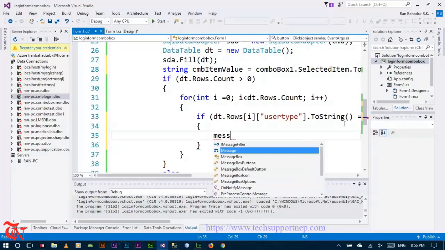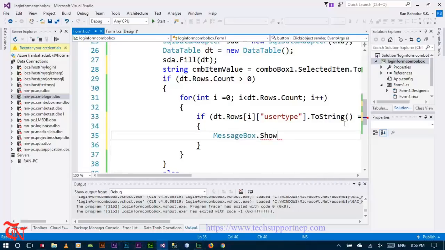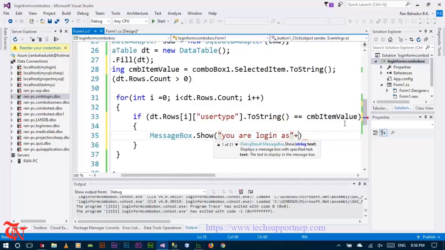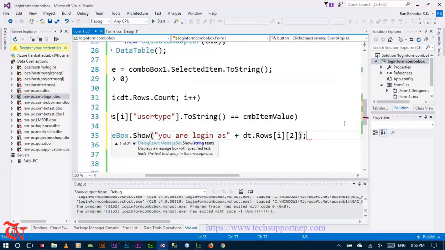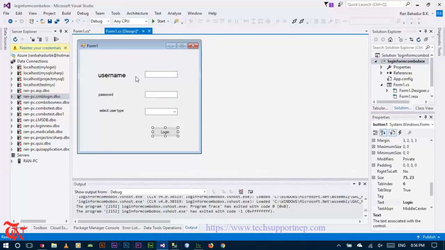MessageBox.Show "You are logged in as" dt.Rows[i - 2]. And again, when these username and password match and the user selected user type is match, we are going to